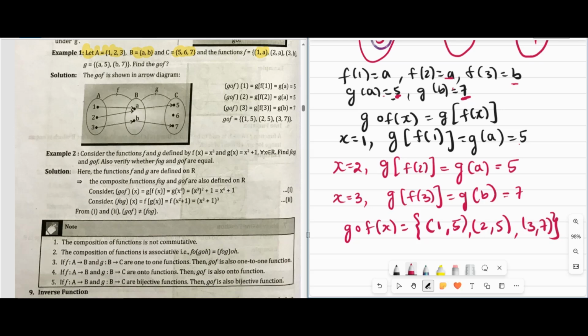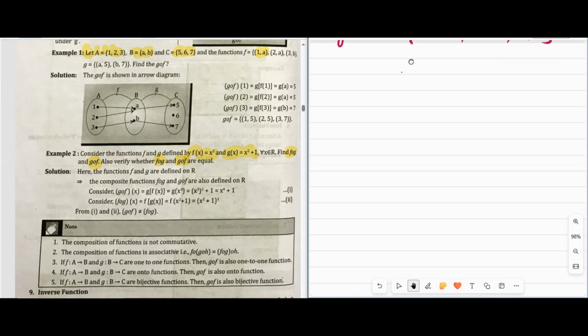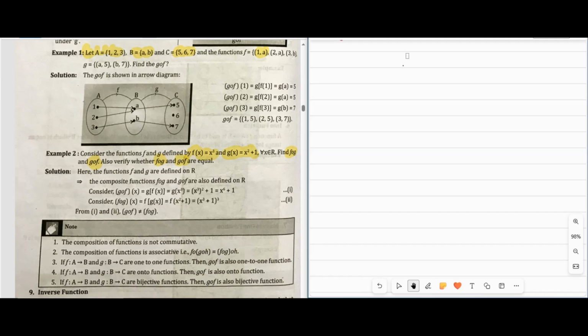Consider the functions f and g defined by f of x equals x cube and g of x equals x square plus 1. Find G o F and F o G, and verify whether F o G and G o F are equal. Let us do this one. It's an important one: how to find F o G and G o F. So they have given here